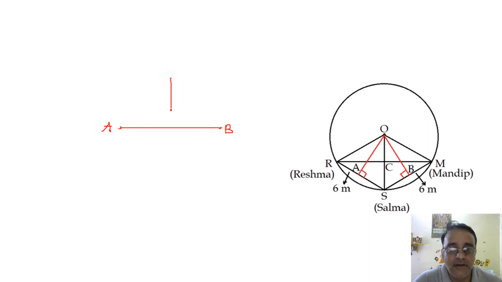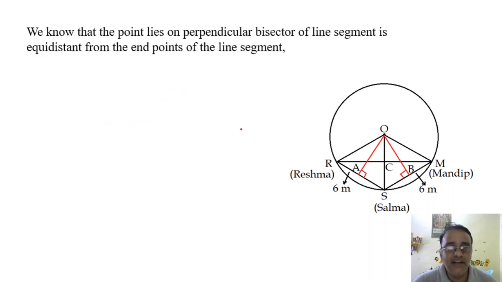And if we are drawing one perpendicular bisector, if suppose this is a perpendicular bisector, right? इसको थोड़ी देर के लिए मान लो perpendicular bisector है और इसमें कोई भी point लेते हैं हम लोग. If you take any point P, so P is equidistant from A as well as B. This is a very important property of perpendicular bisector. Class 6 में था ये. So we know that the point that lies on the perpendicular bisector of a line segment is equidistant from the endpoints of the line segment.